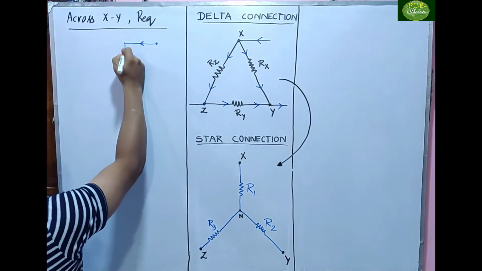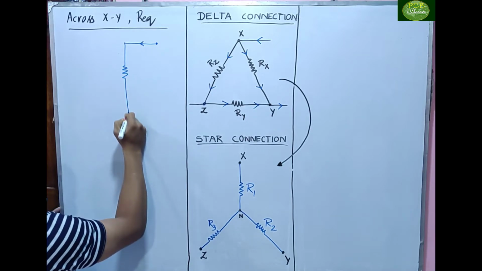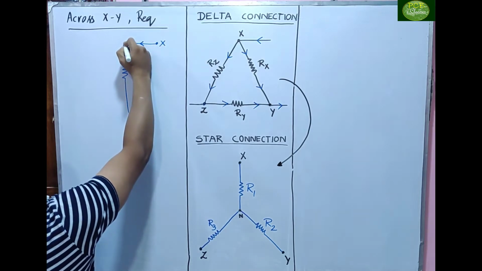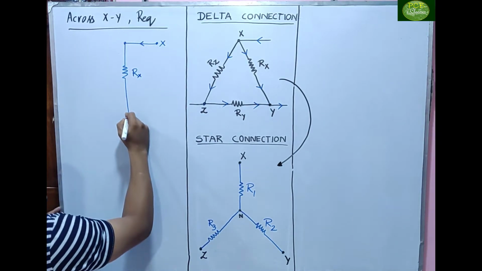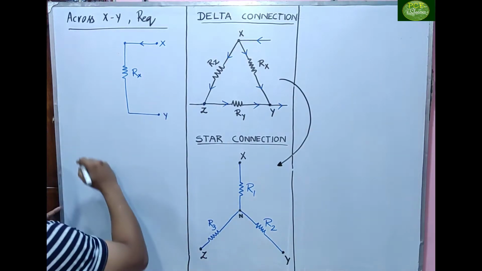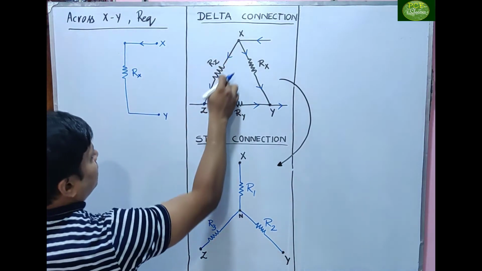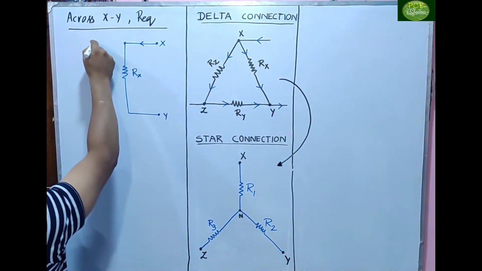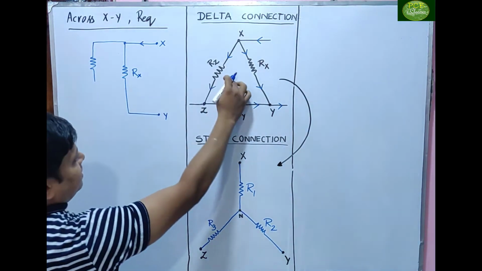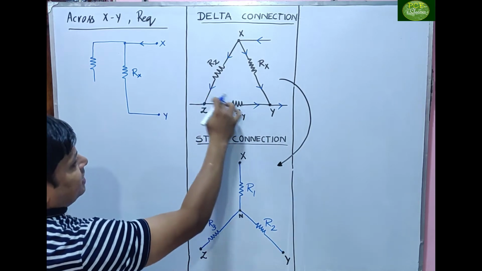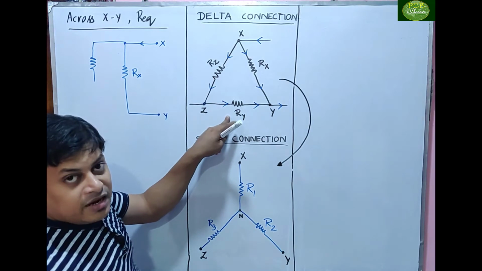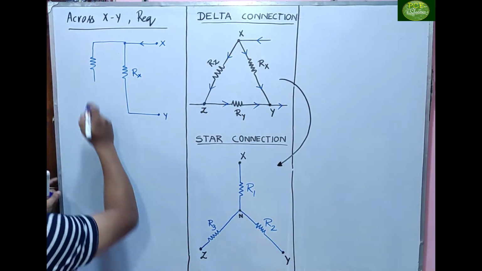Right. Then Rx, this is from the X we have taken, or this one also X you can take it. Fine. And this one we are taking it as Y. Fine. Next, from X, what is the terminal is coming? RZ. So RZ, then after, as the current is same in the RZ and RY and they are connected back to back, then these two will be said to be in series. RZ and RY will be series.